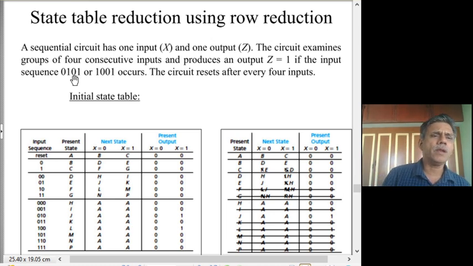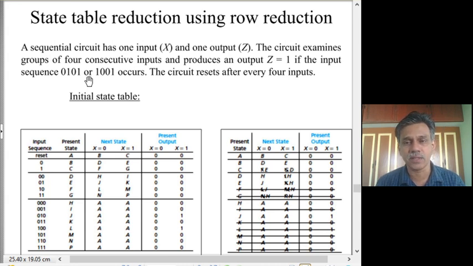Well, now if you look at these 2 patterns, what would we expect? Do you need to wait for the entire group of 4 bits to come to decide whether the pattern has appeared or not? It may not be like that. If you look at the first bit, for this pattern the first bit is 0, whereas for the other pattern it is 1. So by just looking at the first bit you can't decide.